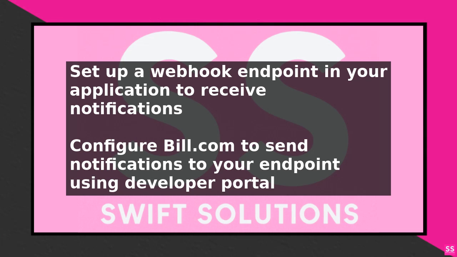You can do this by going to the Bill.com developer portal and creating a new webhook subscription. You will need to provide the URL of your endpoint and specify the types of events you want to receive notifications for. When Bill.com sends a notification to your endpoint, it will include a payload with information about the event